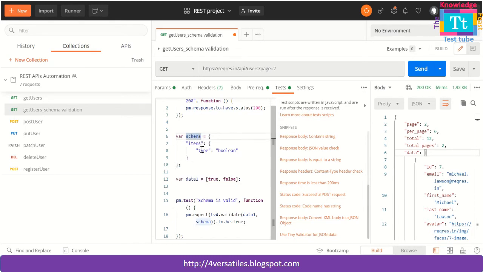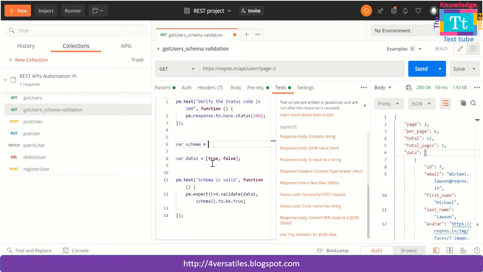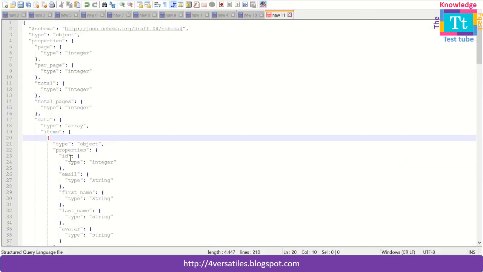Here schema is a variable which you can identify as the schema of something. So this is the variable which you can use to store your schema. So now I'm going to delete this one and I'm going to copy the original schema of this response over here. I have the schema already stored in my notepad.